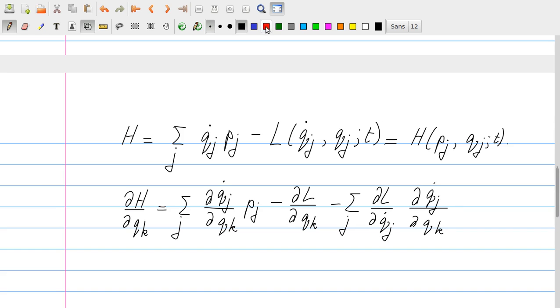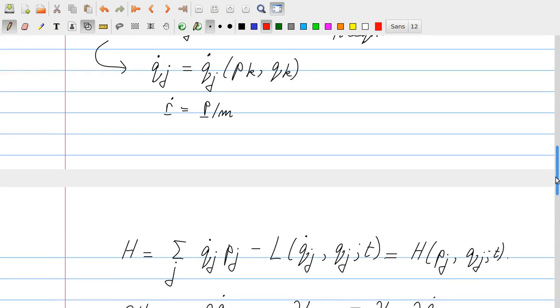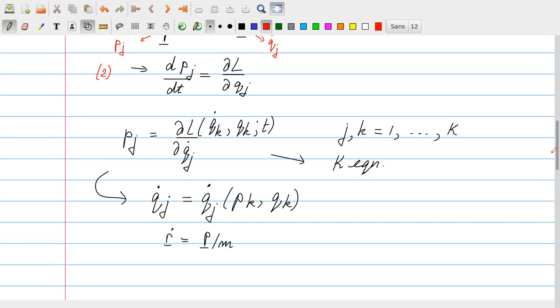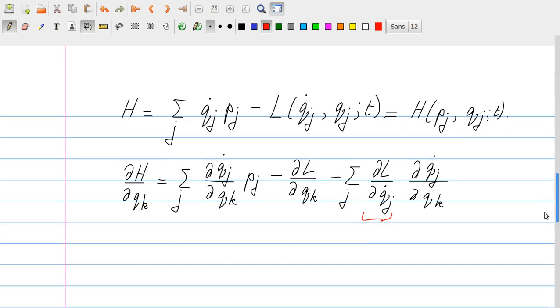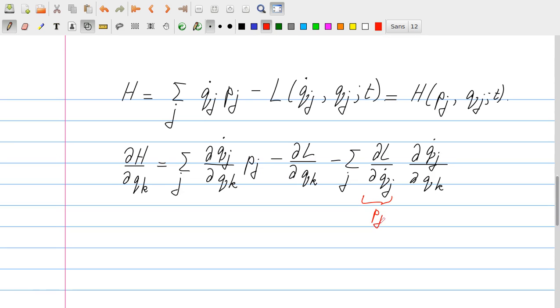And now we know the following. By definition, ∂L/∂q̇j is equal to pj. So this is pj, but we also see a pj here, and both are multiplied by ∂q̇j/∂qk. This term has a minus sign, this one hasn't, so we can cancel these terms against each other, and this gives me as a final result minus ∂L/∂qk,